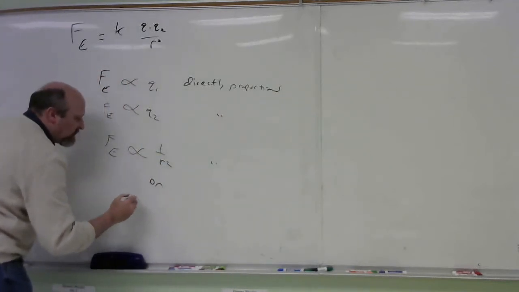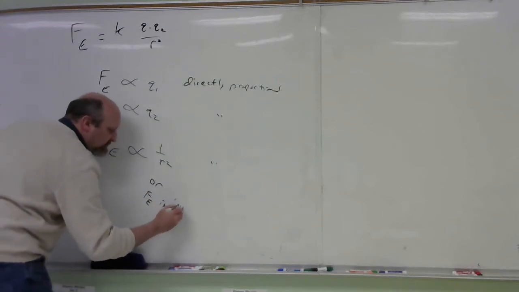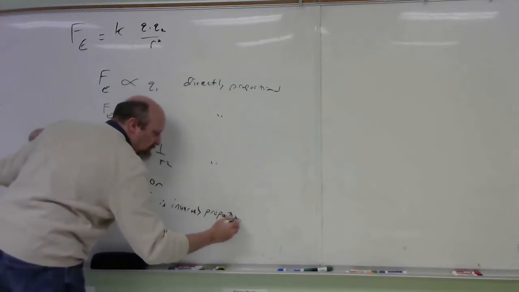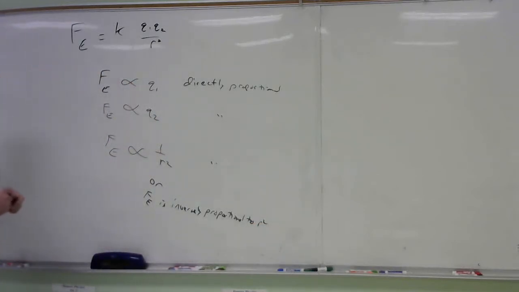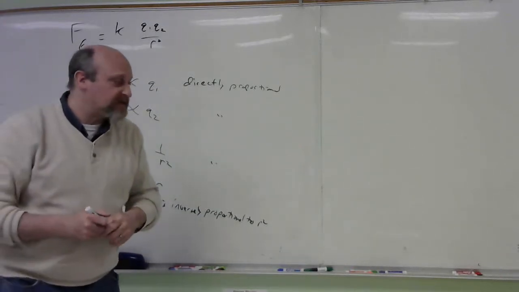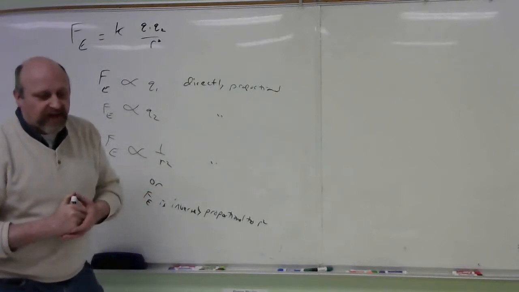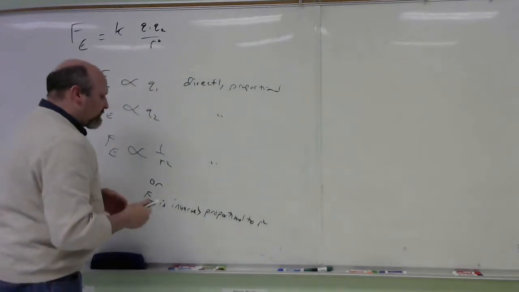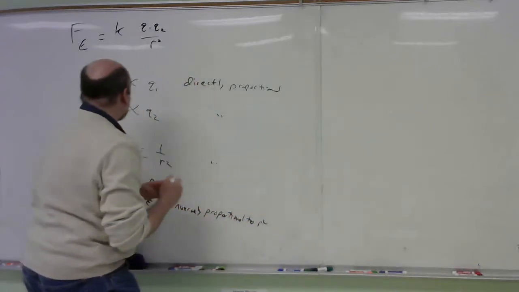Or you can say that FE is inversely proportional to R squared, right? Sometimes we call this kind of relationship an inverse square relationship, is the other way you see it stated. And it's actually a really common thing in physics, that things have an inverse square relationship with distance. We talked about in class this year how if you have an object,